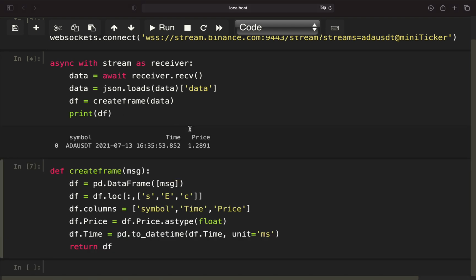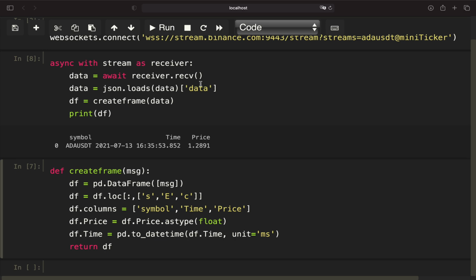And now you will see that we have nicely formatted information which we can easily do some calculations with, right? So the price of Cardano in relation to US dollar Tether at 16 something is